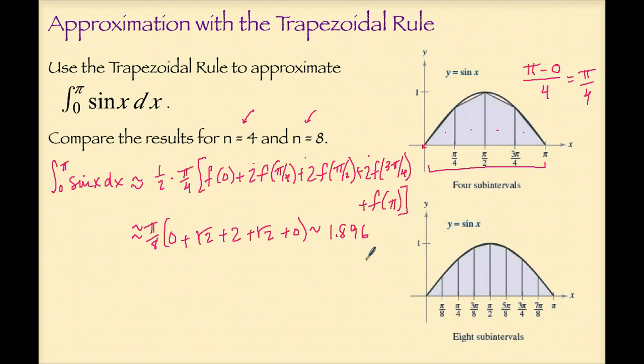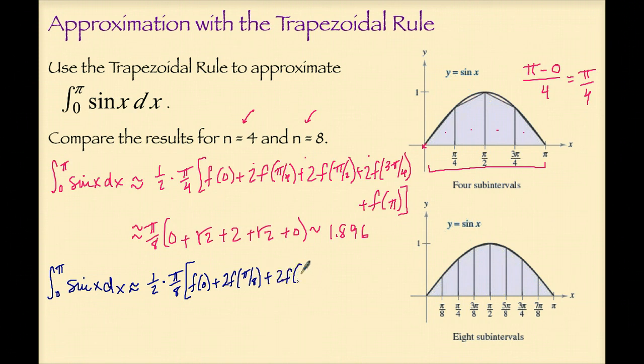Now let's use the trapezoidal rule with n equals 8. The integral from 0 to pi of sine x dx can be approximated by multiplying 1/2 times the height of each of these trapezoids, which will be pi over 8, and then we'll need the function value at 0 once, and then twice these function values, so that'll be 2 f of pi over 8 plus 2 f of pi over 4